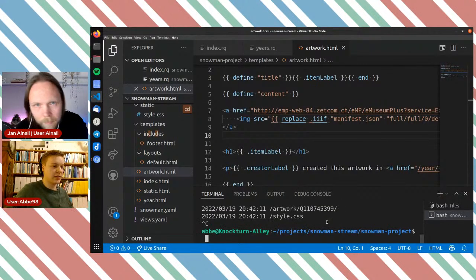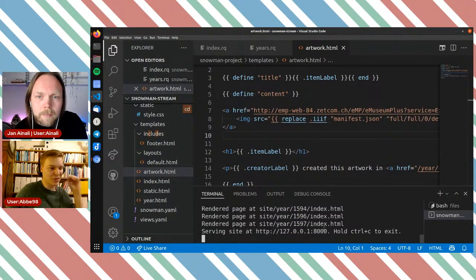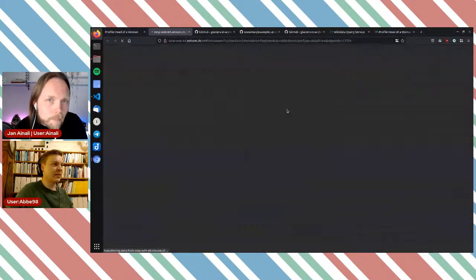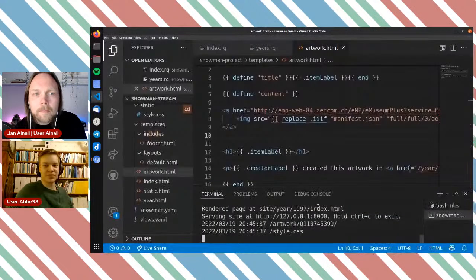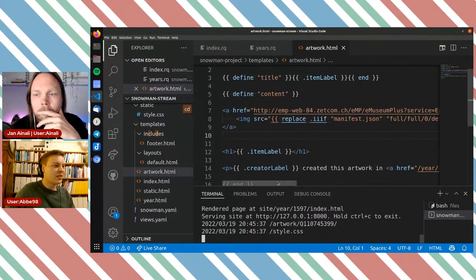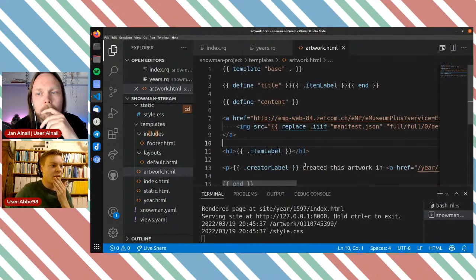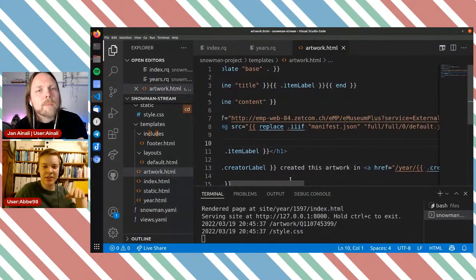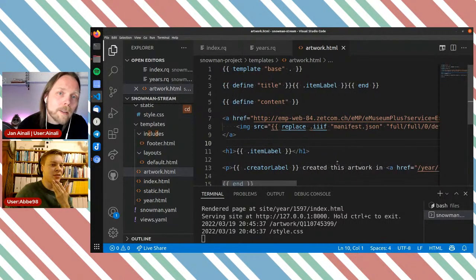Sadly. Let's run it, and now it's going to be stuck on the query for a while because it runs it. But once done, I click this now. I get to the page. That's neat. So let's see, IDs. We could of course do creator pages and maybe not only display the artworks in a list there, but also display their image. That would be rather neat.